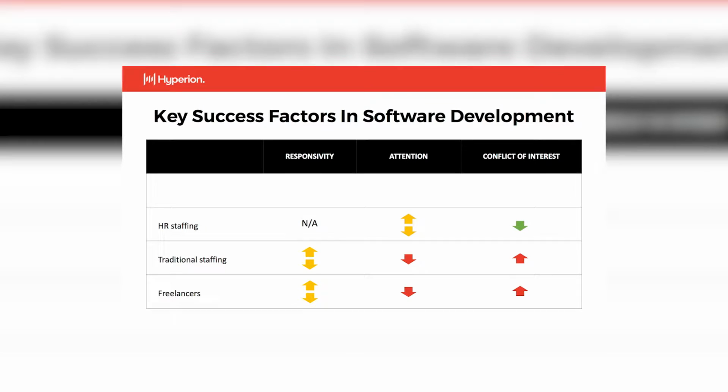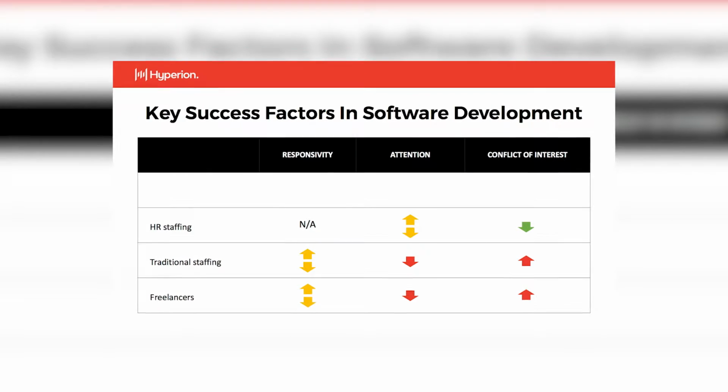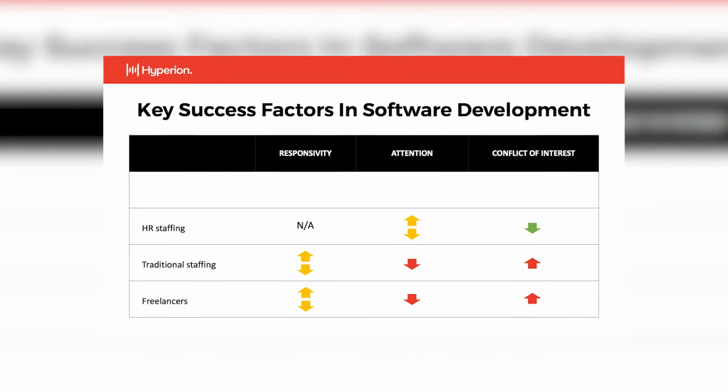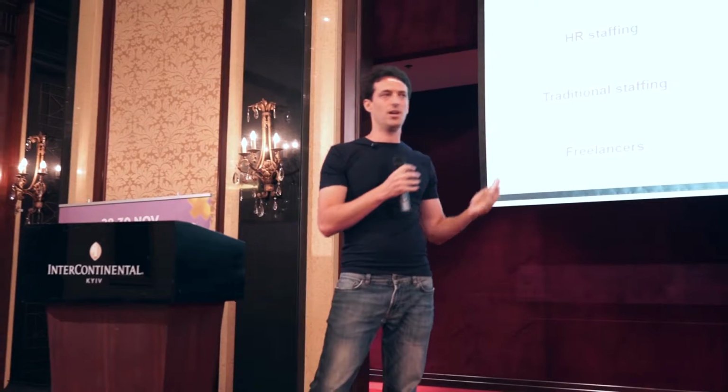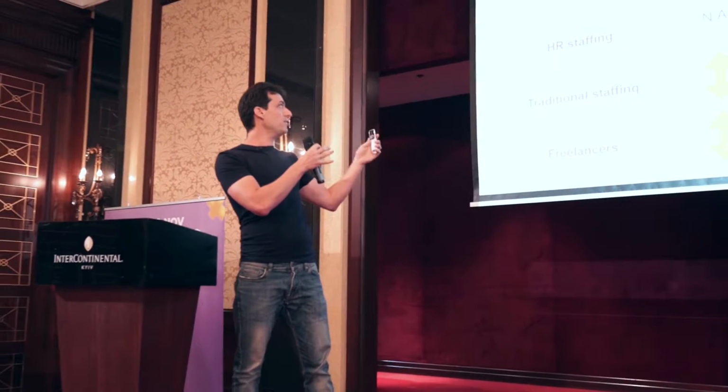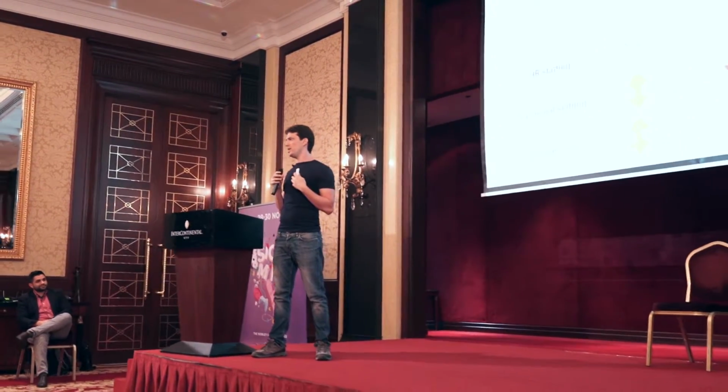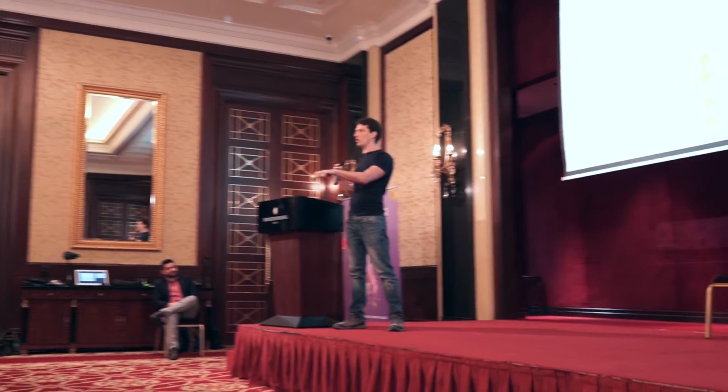So that's traditional staffing. Then you have something with somewhat less responsibility for the client, called HR staffing. It's basically what we can call head companies. I don't like this terminology because I believe humans are humans. They are not resources, heads, or tiers, but this is what they use in the industry. So responsivity rates are not applicable because they usually don't give you any project management solution. They just tell you, we are an HR company, we will put people in our office for you.